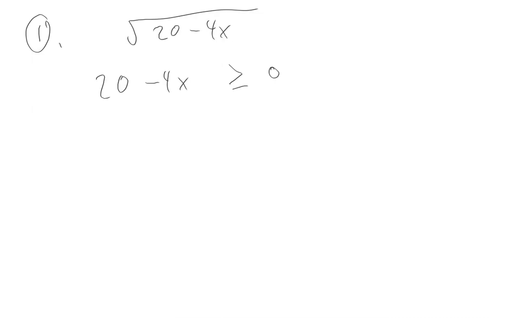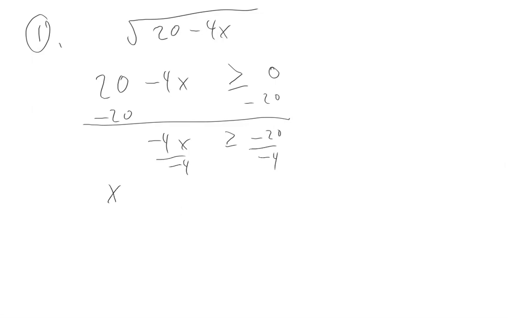Let's see. Starting with the first review problem for the Chapter 7 test, it says square root of 20 minus 4x, and it asks what is the domain. So we have to take the inside of it, and the inside of a square root is allowed to be greater than or equal to 0. Now we need to get x by itself, so I'll subtract 20 from both sides, and we'll get negative 4x is greater than or equal to negative 20. Then we'll divide by negative 4,